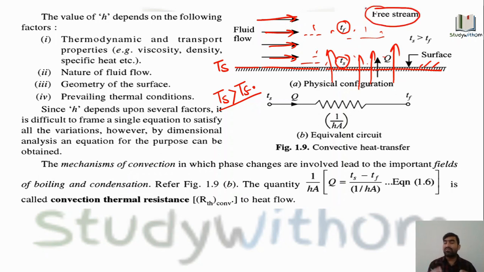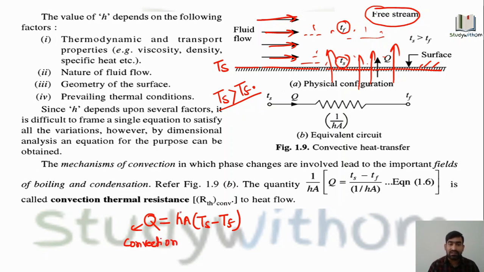So if any free stream is flowing past the surface which is at a higher temperature, due to the temperature difference, heat transfer will take place from the surface towards the free stream or fluid, right? And what will be the phenomena here? So as we have seen, the heat transfer given by Newton's law of cooling is Q equal to H A delta T, that is Ts minus Tf, in case of heat transfer by convection,